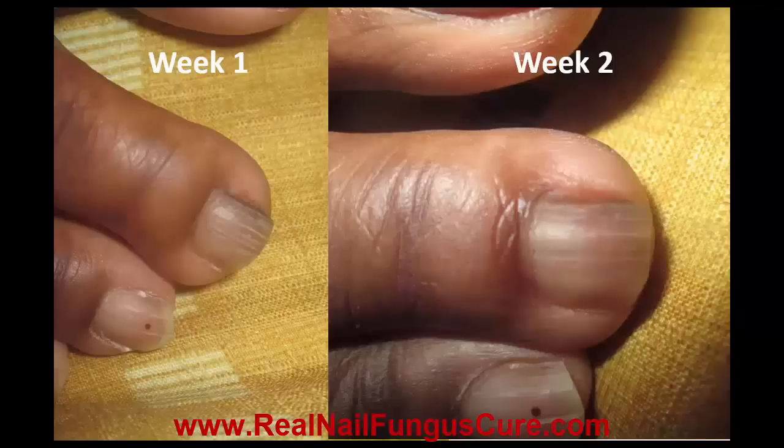So here's my week 1 to week 2, where you can see the cracks and the darkness, and you can see that it's visibly better after 2 weeks of applying the solution. And the dot on my toe is also an infection. It's a toenail fungus that wasn't there before. So this is just a better look. You can see going into